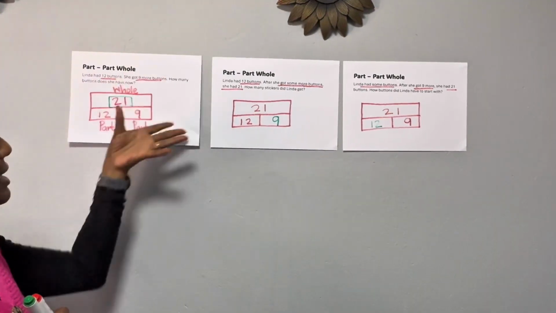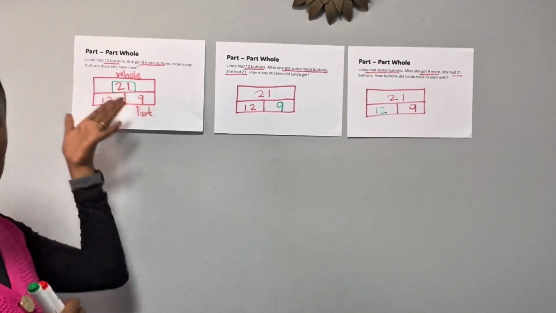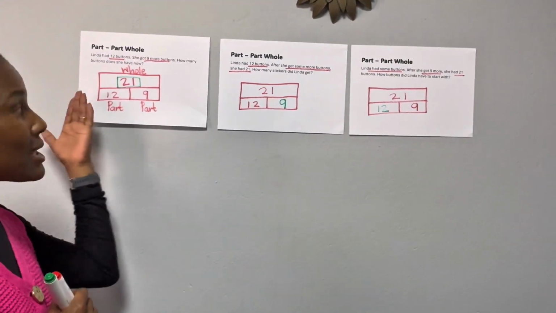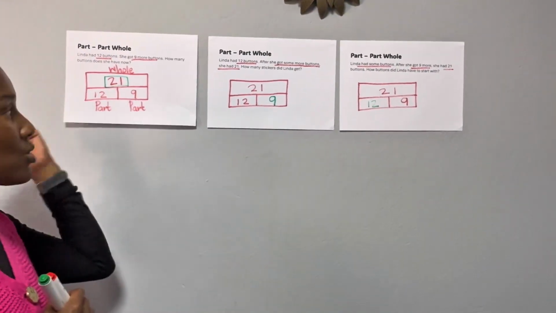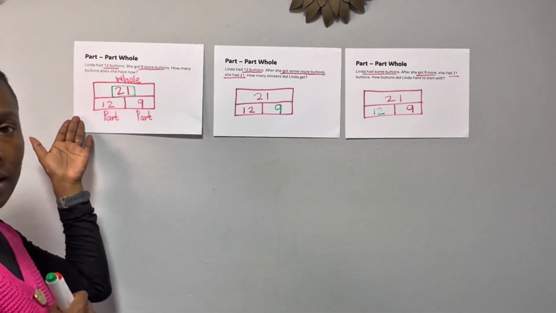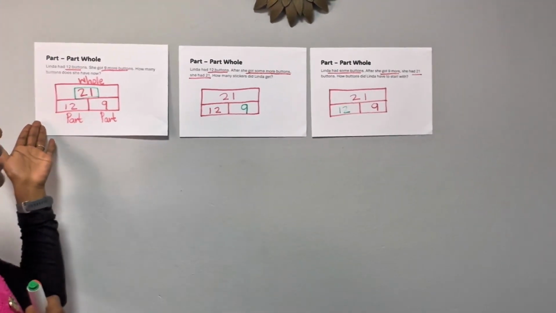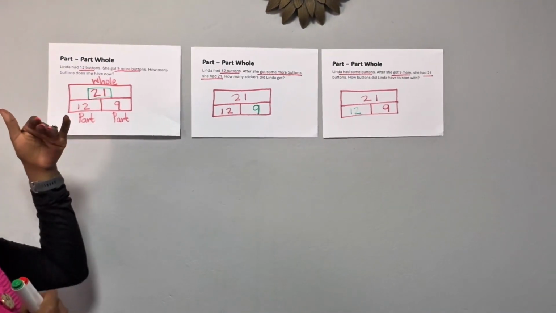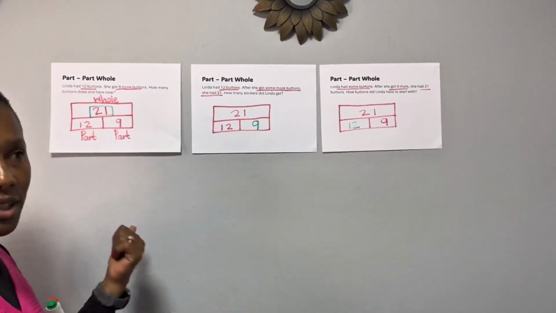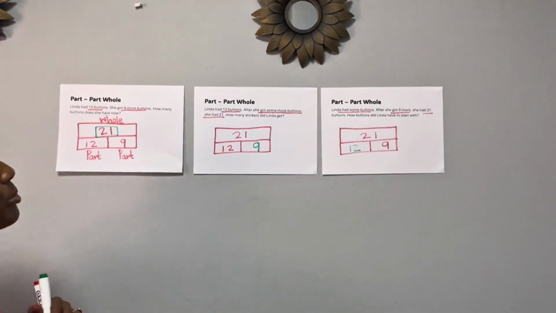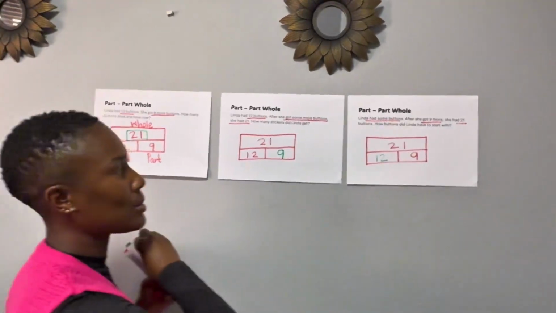However, this is a visual representation of the problem structure. A child is allowed to use this strategy if they can, or the other strategy that I shared in the previous video. So I hope this part whole